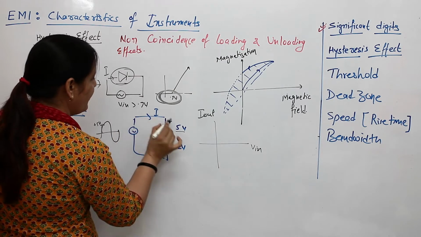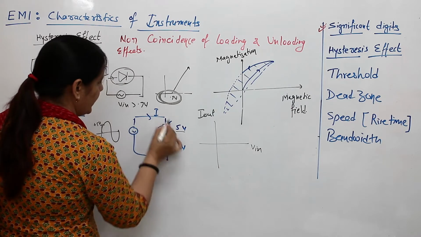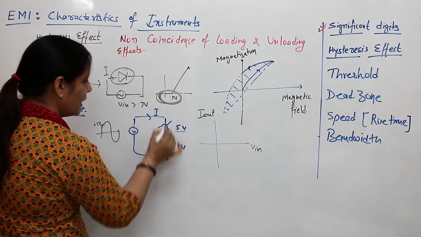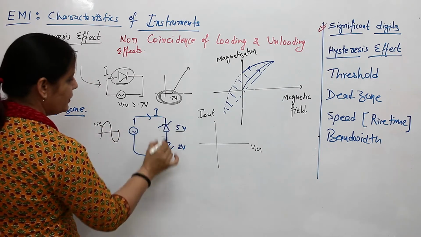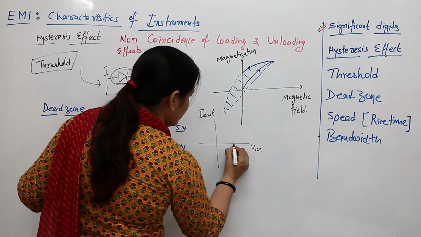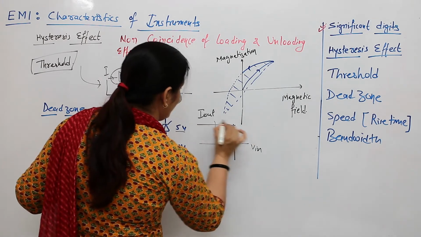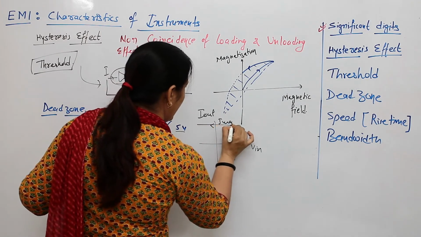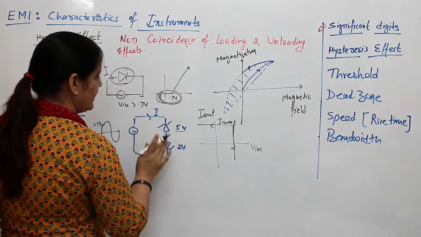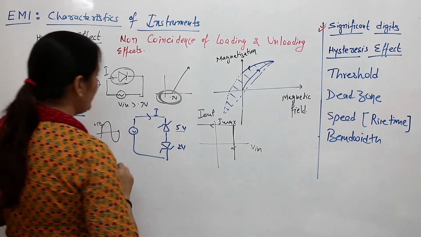As it crosses the 5 volt, Zener breakdown takes place, and this is already ready to allow the current. After the 5 volt, there will be a current in this direction, and it will be defined as I maximum in positive polarity. So as you cross the plus 5 volt, there will be a sudden change in current. There will be current conduction, and this will be I maximum. We are considering both the diodes are ideal and they just behave as a short circuit or open circuit when they are conducting or non-conducting.